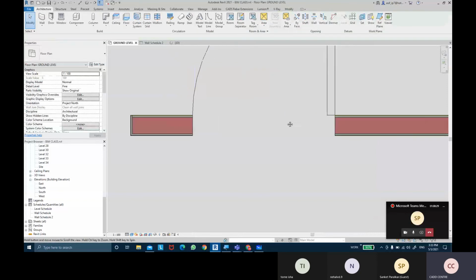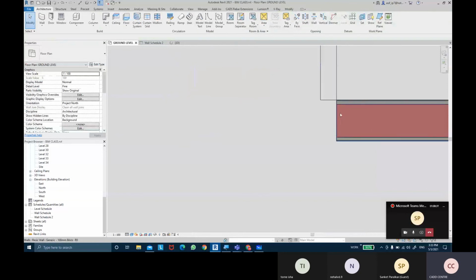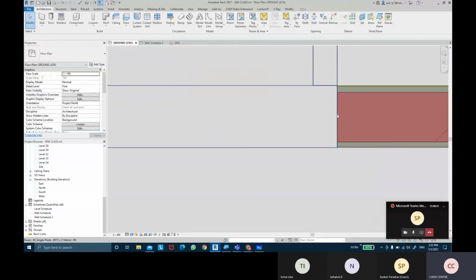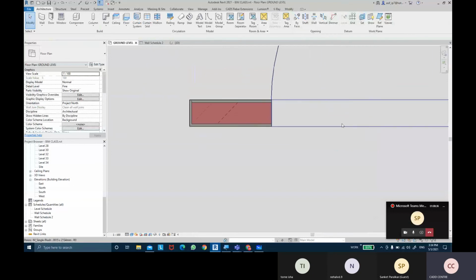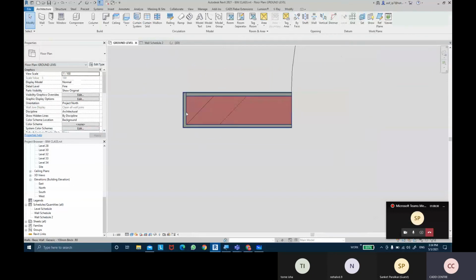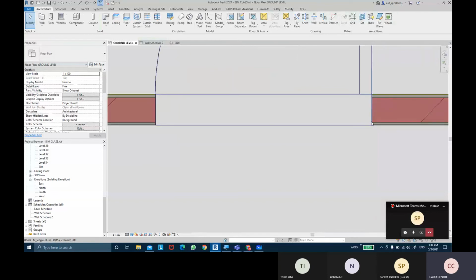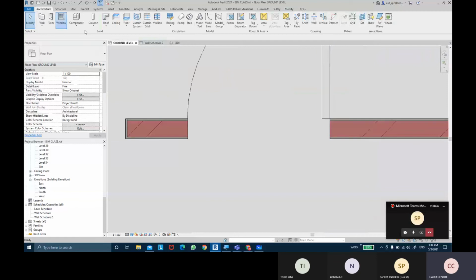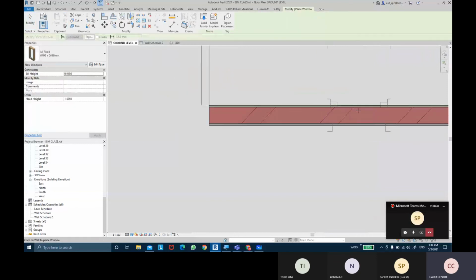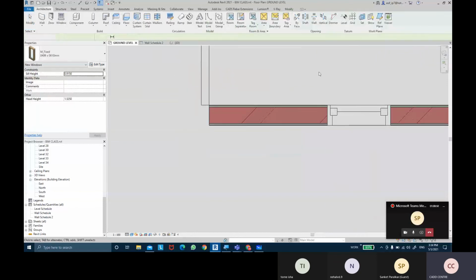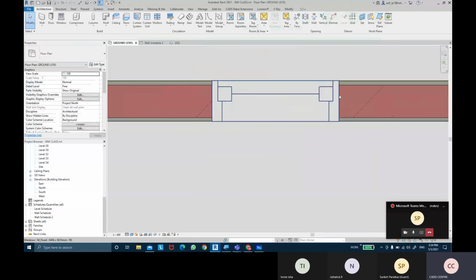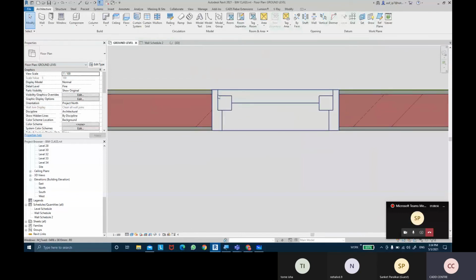So as you can see, when I inserted a door, there is no finishing material to the end of the walls once again. Just like how we added a finishing material to the end of the wall, but when I inserted the door, there is no finishing material wrapped. Even if I inserted a window, it has been inserted, but there's no finishing materials to the inserts of the window or the door basically.